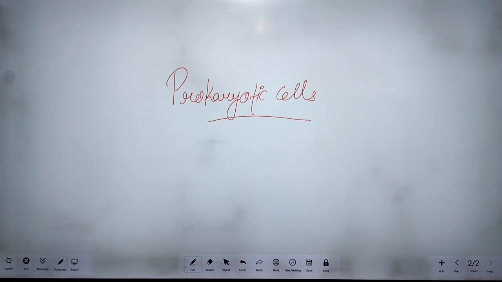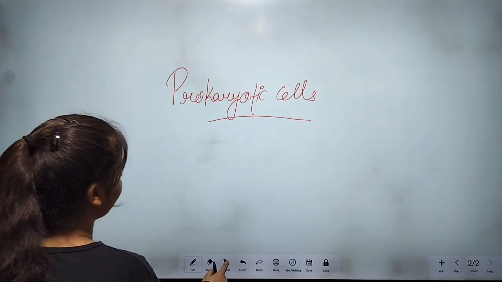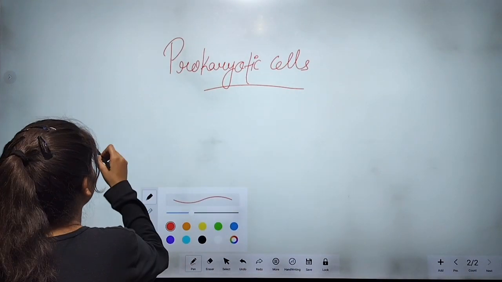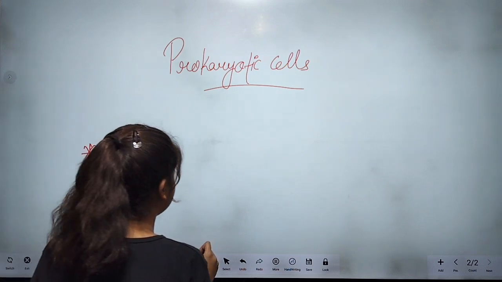We already know some points related to the prokaryotic cell: in this type of cell, the well organized nucleus and also well organized organelles are absent. And moreover, let's see some more points related to this topic. The first point is,